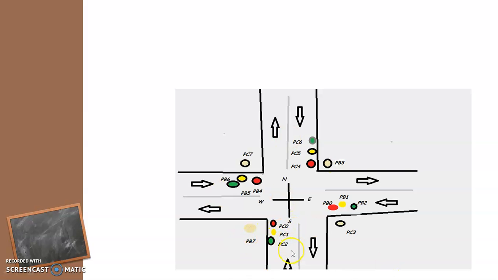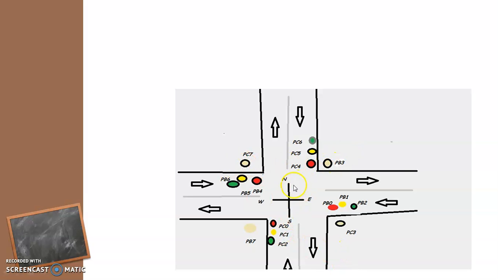So this is a simple traffic light scenario. You can see here, this is a 2-lane road and it is a junction of 4 roads: north, east, south and west. And the red, amber and green LEDs are given at the north, south, east and west, along with the pedestrian lights.